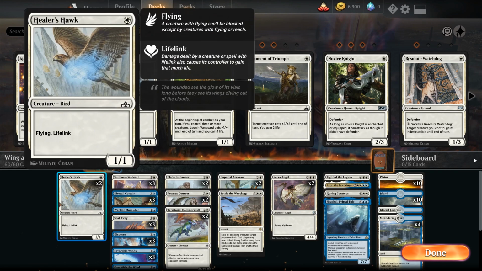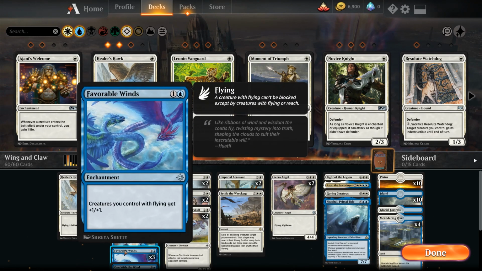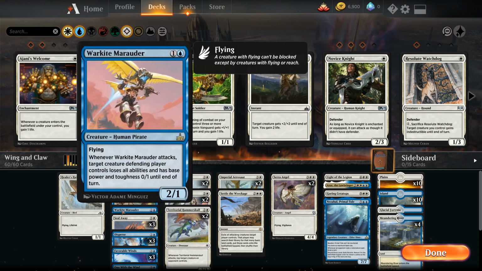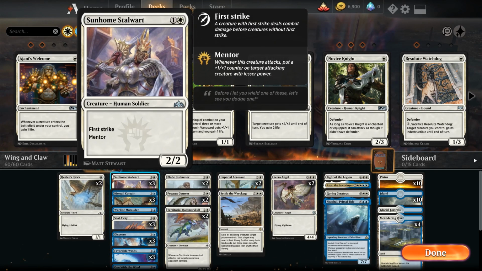We got a 1-drop, 1/1 flyer. At our 2 drops, we have One with the Wind, which gives a creature flying and +2/+2. All creatures with flying get +1/+1 as an enchantment. We got a tempo play with this burst. Instant speed, we can bounce a threat, stall them out for a turn. Got some removal in the form of Sealaways, another flyer, flying when attacking, and then we get into the little